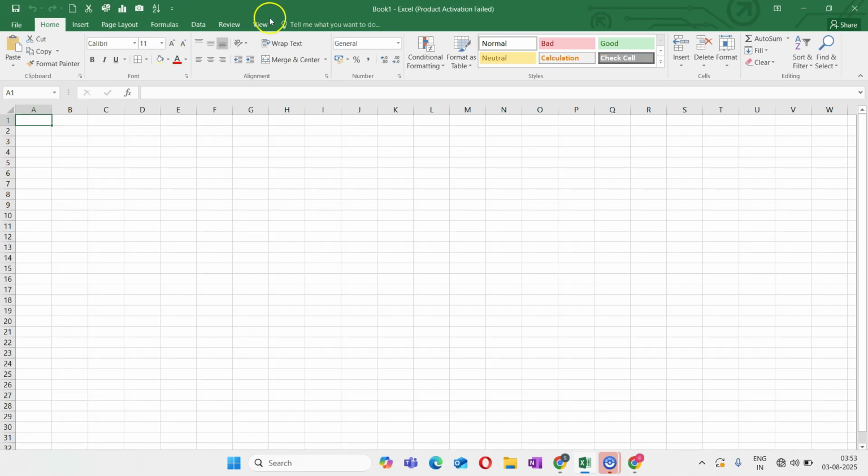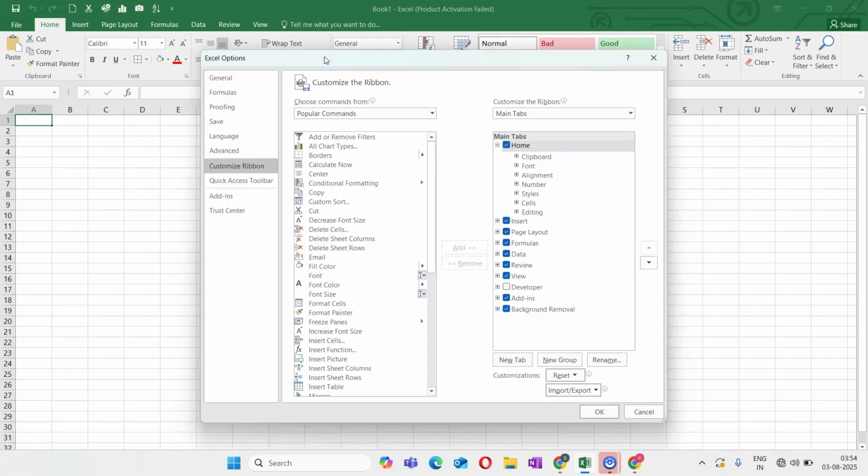To customize the ribbon, you can either go to the File option, or the easiest way is to just right click on any of these tabs. Suppose I click on the View tab. Here you will see certain options. I'll go to Customize the Ribbon. Once I click on it, you will see the dialog box just like how we saw in the quick access toolbar.